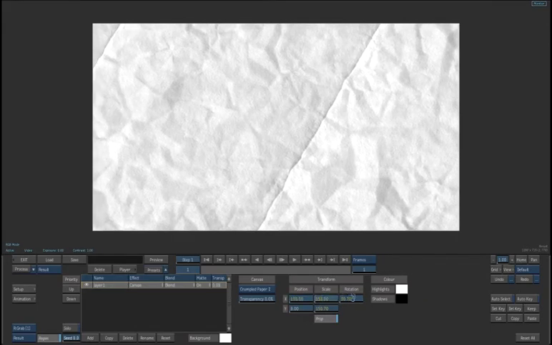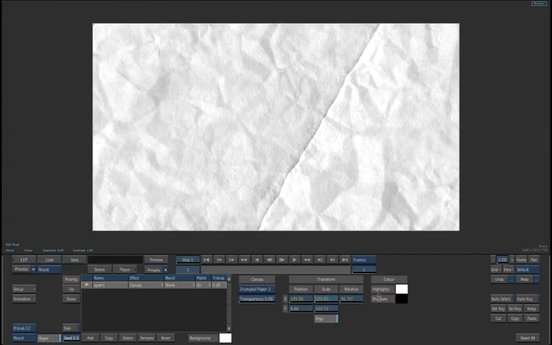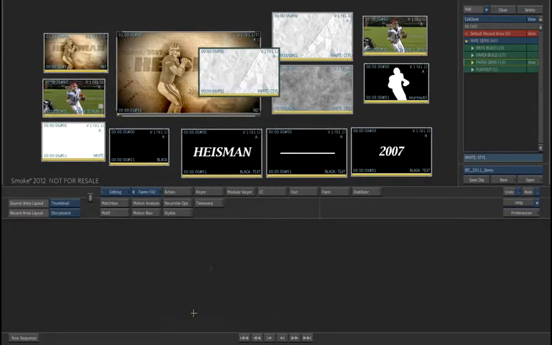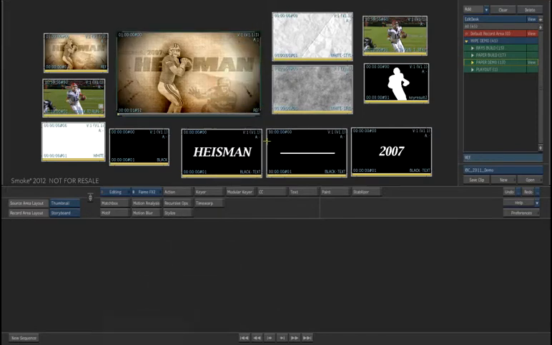I just want one off to one side. I'm just going to scale that a bit just so we've got a nice little texture happening, some crumpling. I'm just going to process out as well. Hopping back to the desktop, you can see that we've got our result clips there. Now I'm going to throw these away for a second because we've actually got some that I already made up